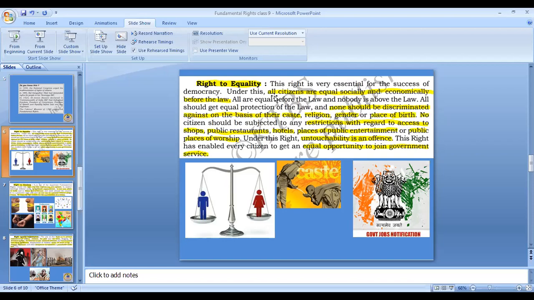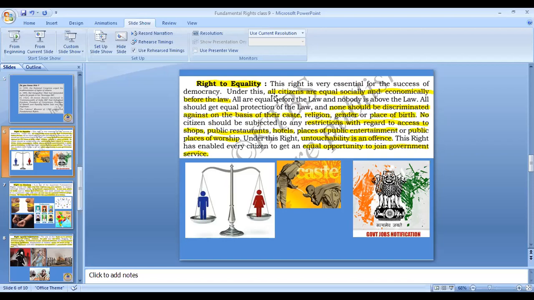According to this right to equality, if anybody practices untouchability now, that is a punishable offense. The person suffering from untouchability can go to the police and ask for help, according to the right given to that person, and will get help from the police or court. The person practicing untouchability can get a fine and can go to jail.